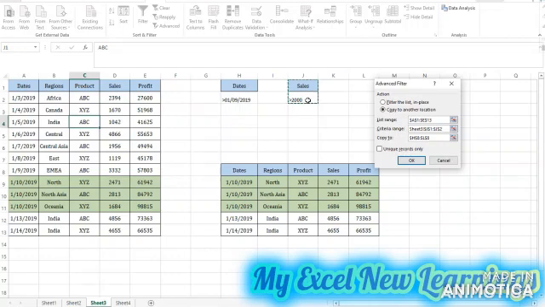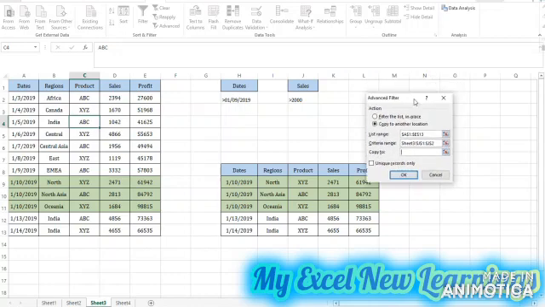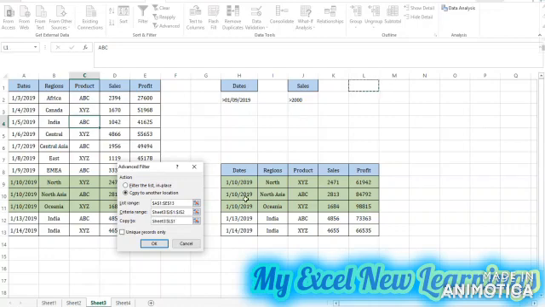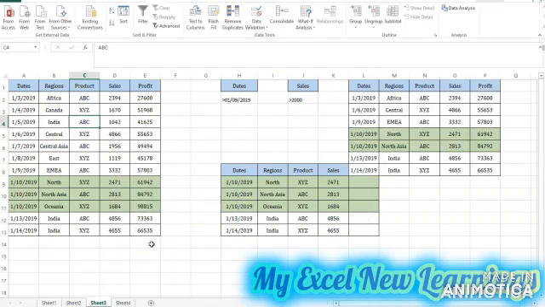I want to see the sales which are greater than 2000, then copy to other location. So we will see the data should reflect here. So we have got 7 records which are with the sales are greater than 2000.